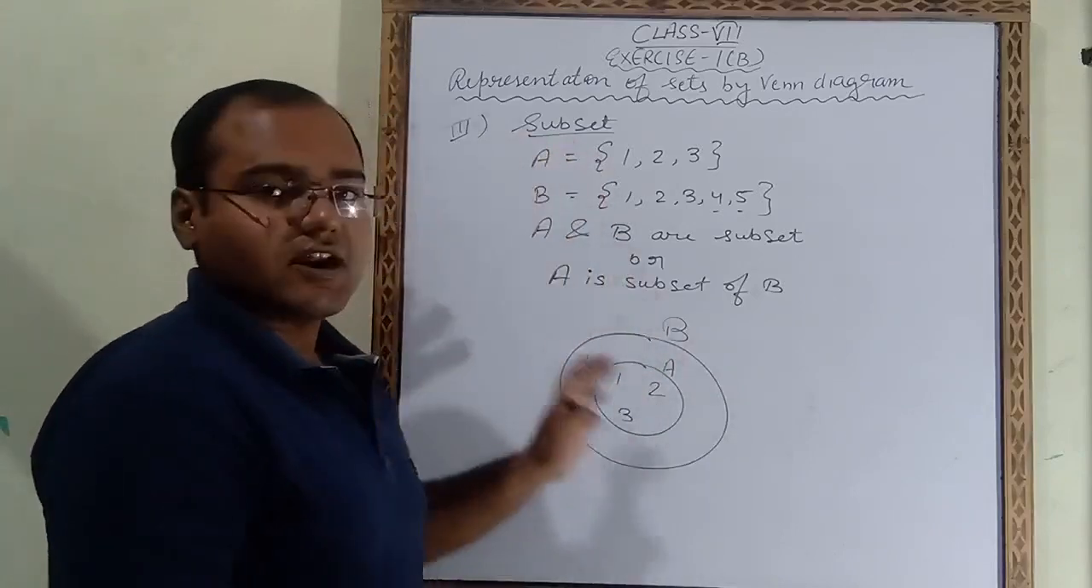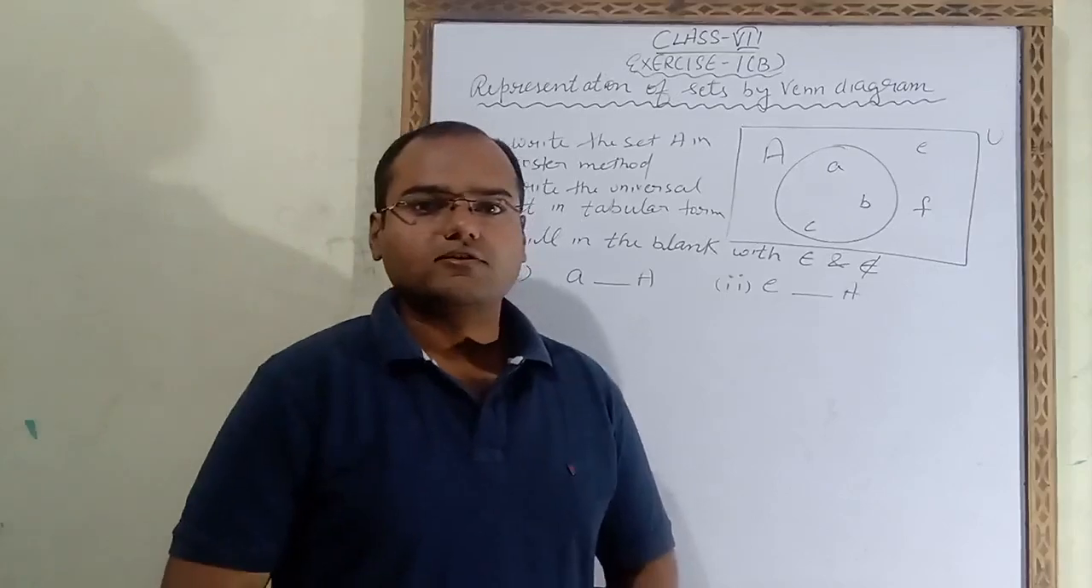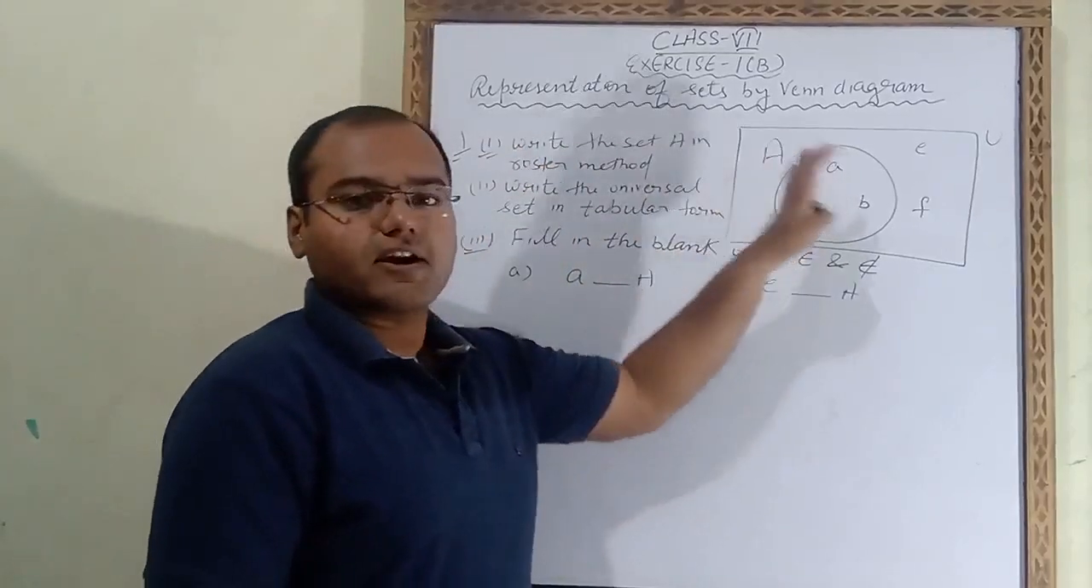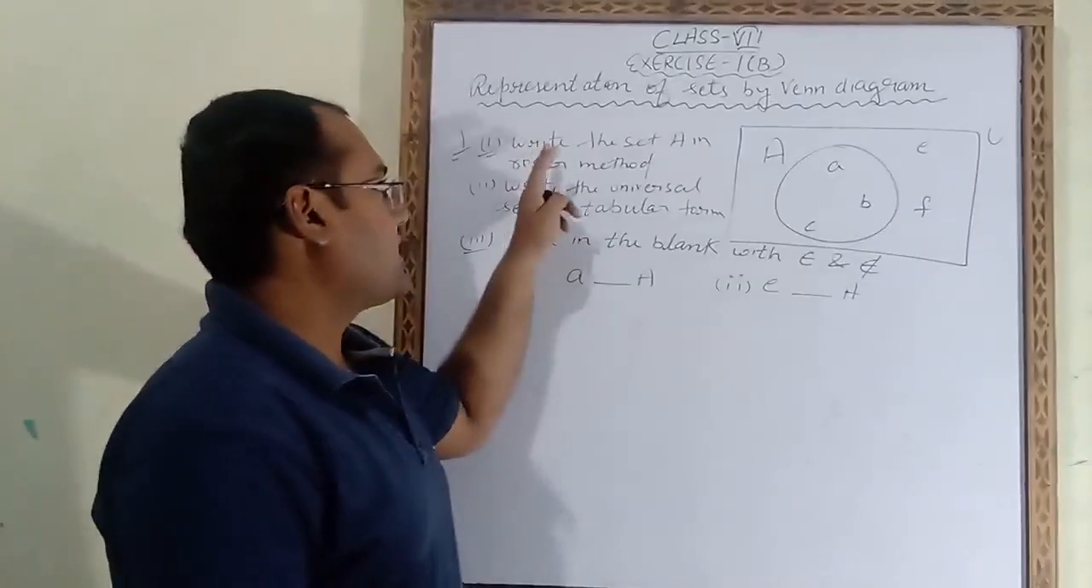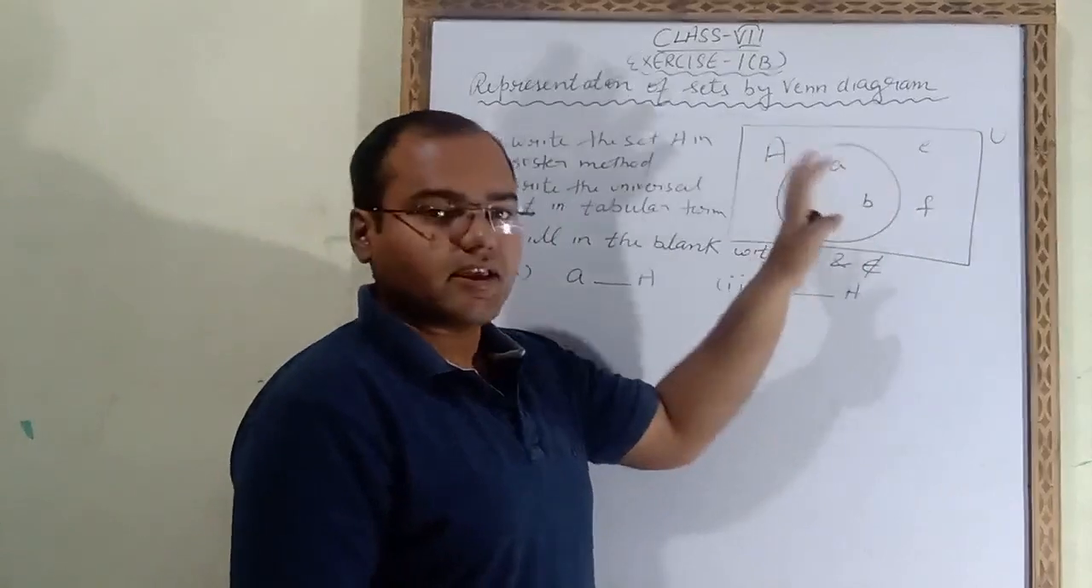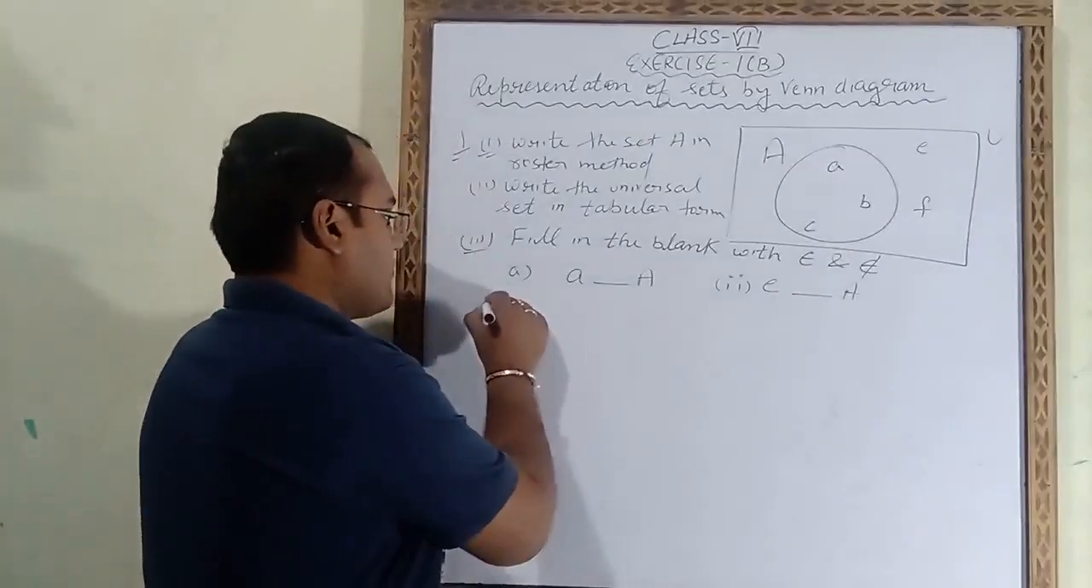So now we will start solving some questions. So question number first is, this is the Venn diagram. Venn diagram is given in the question. First part is write the set A in roster method. So we have to write the set A in the roster method. So for roster method